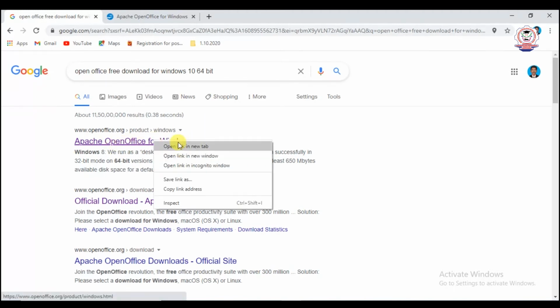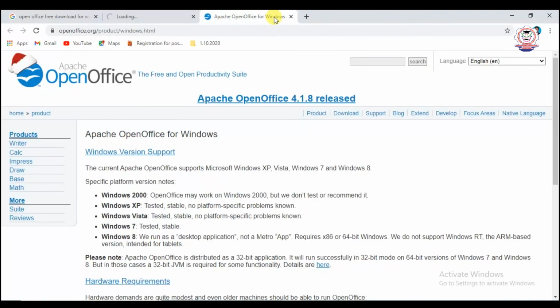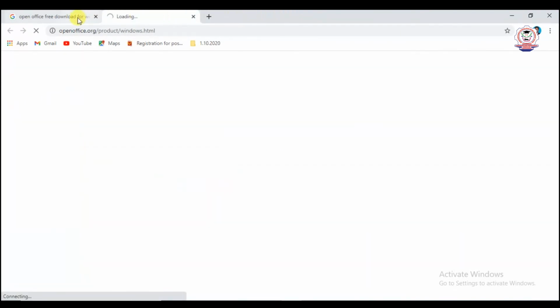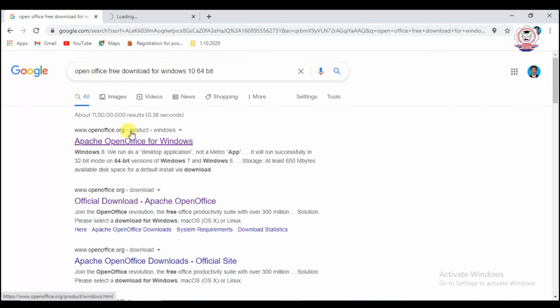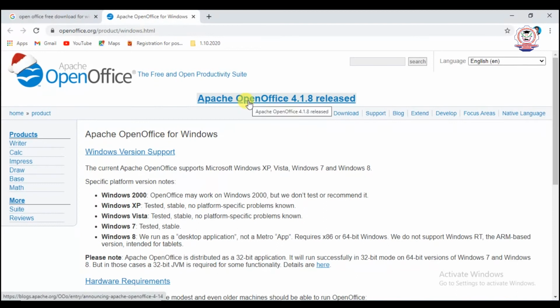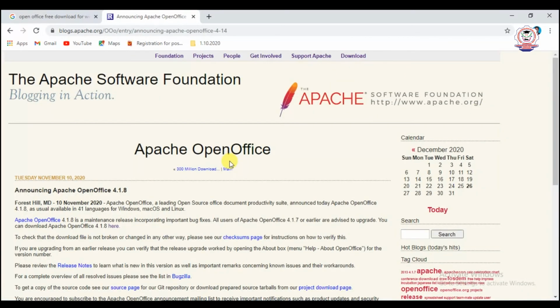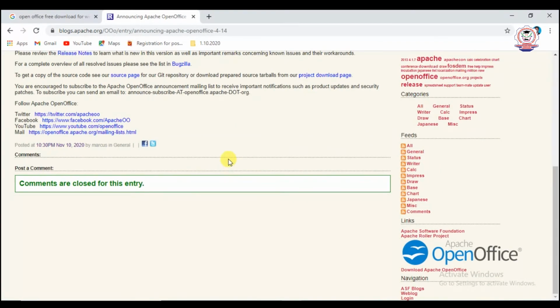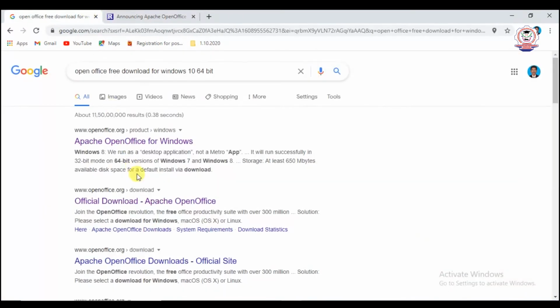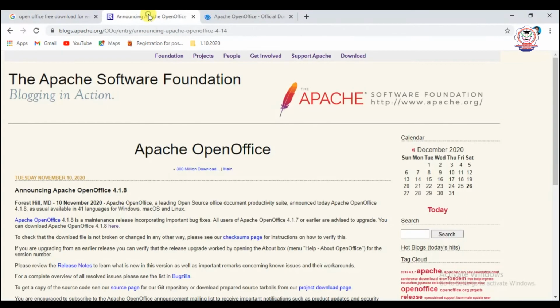You can click on this. Then click the link Apache OpenOffice 4.1.8 released, or you can use the official download Apache OpenOffice. You can use this link also.